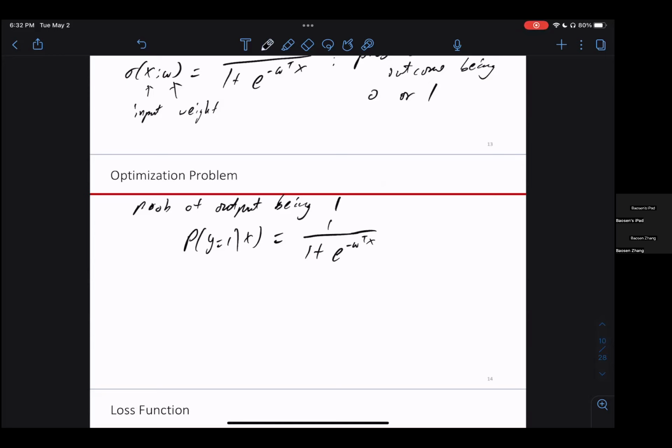But this doesn't line up with the data, right? The reason this regression is not a trivial problem is we don't have probabilities in the data. What we have in the data are just hard labels, 0 or 1. The data we have doesn't have probabilities associated with it. So our data set,